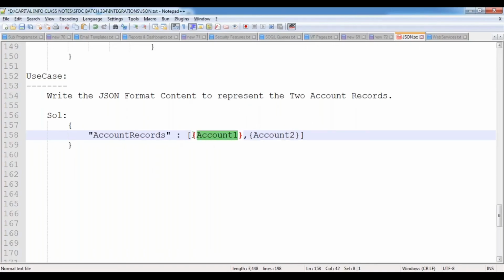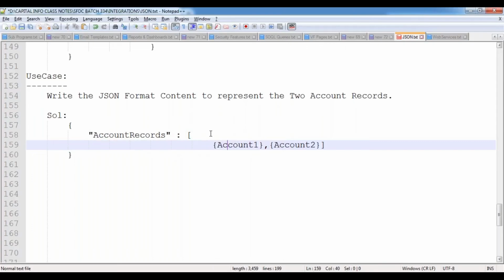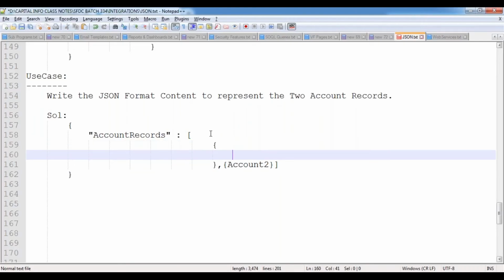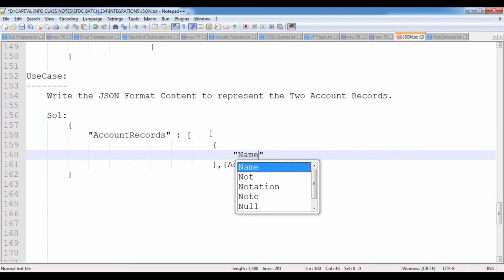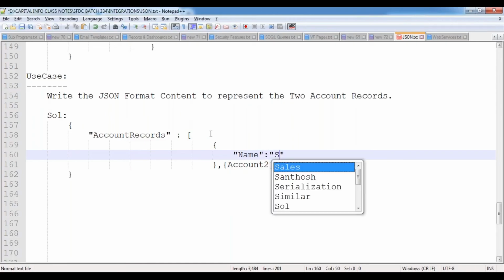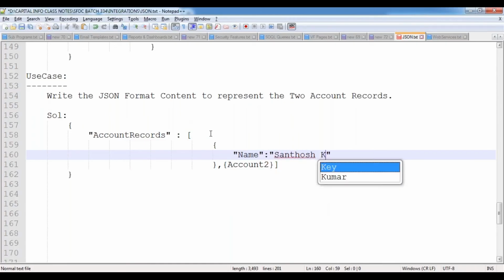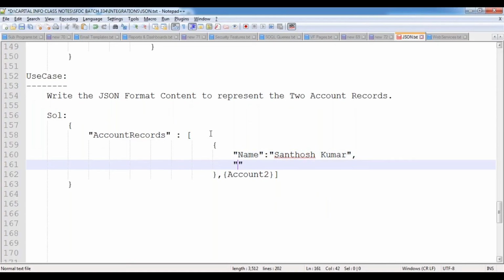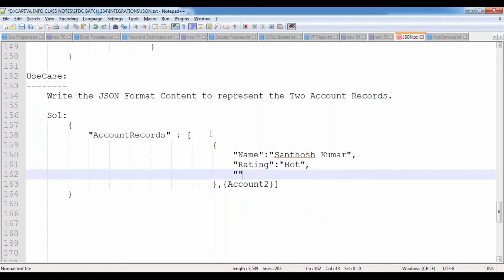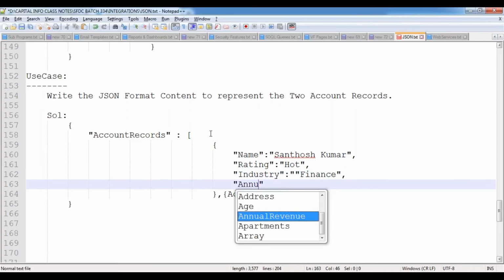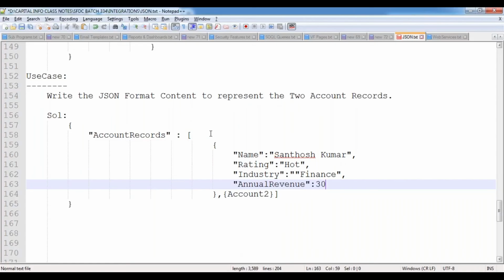How to prepare that account record? Let me show you. You know how to prepare the lead record. In a similar way, we have to prepare the account record also. Now let's prepare that account record. The account record name, Santosh Kumar, comma, rating, I'm indicating hot, and the industry, some finance, and the annual revenue, some 3 crores,